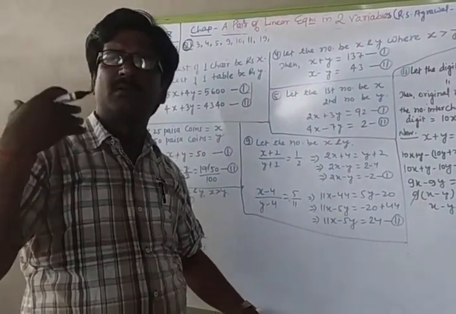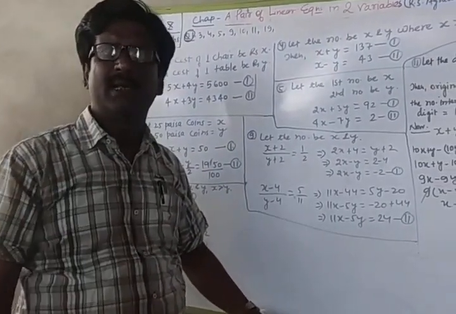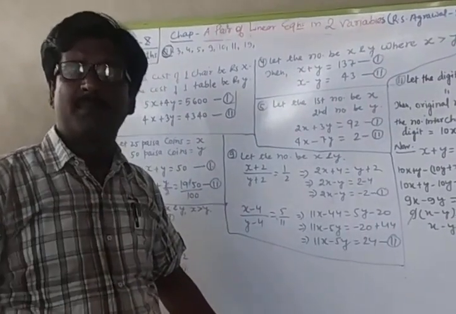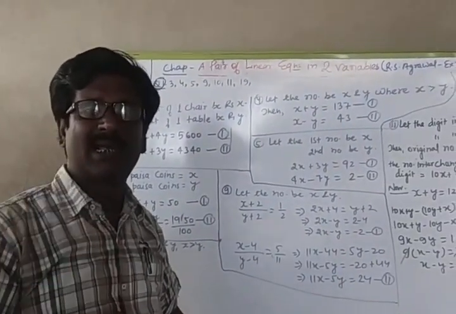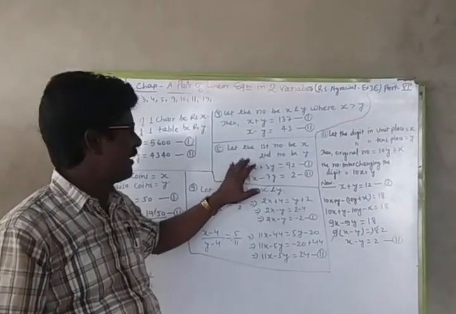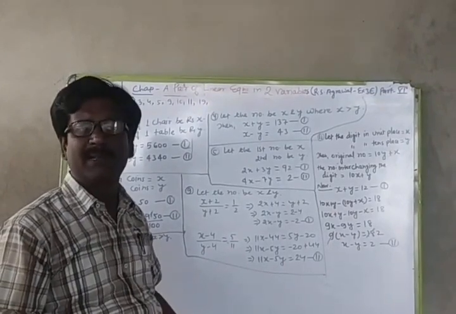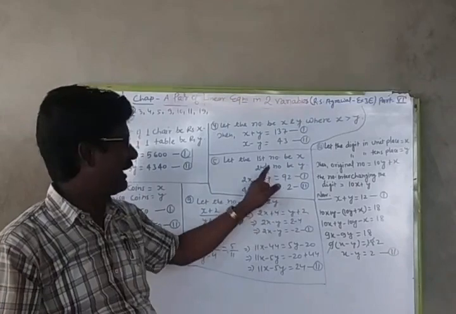When we are going to solve any question, and in that question the first number and second number are there, a smaller number or greater number is there, first make clear which one is the first number, which one is the second number, which one is the smaller number, which one is the greater number. So this question number 5 is based on the first number and second number. I have made clear the first number is x and the second number is y.